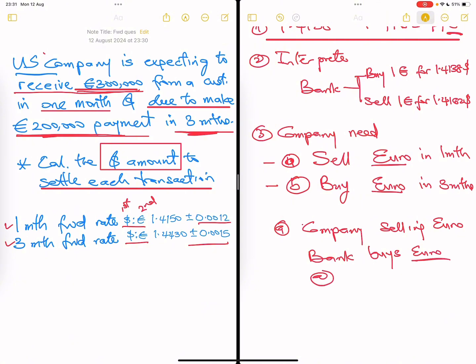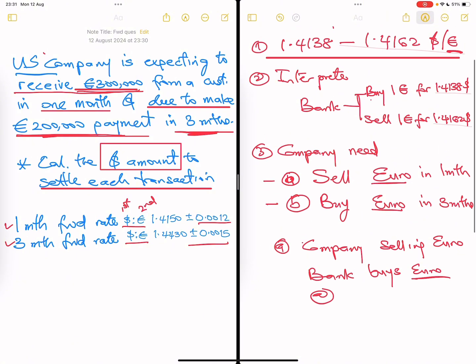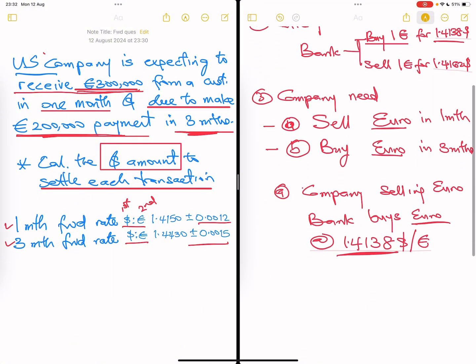And that will be at what rate? Bank is going to buy euro, so it will be at 1.438. So we've been able to pick the right rate. So $1.438 for euro. This is the rate we're using. In that case, we know that $1.4138